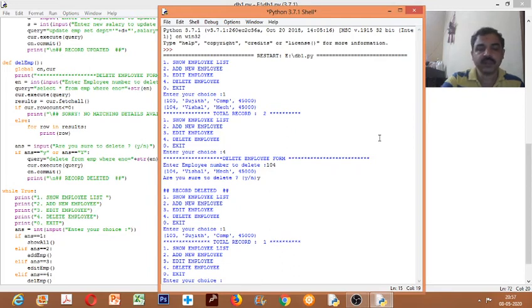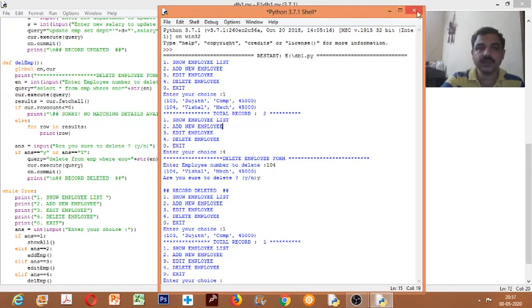And project work can be a teamwork. You can take 2 or 3 members together also, so that you can share your information, share your work, and then you can do it, but not more than 3 members in a team.